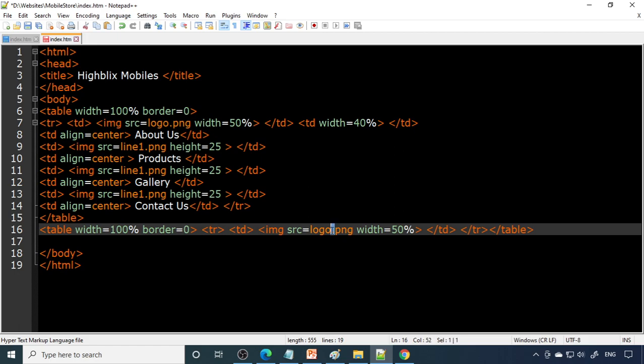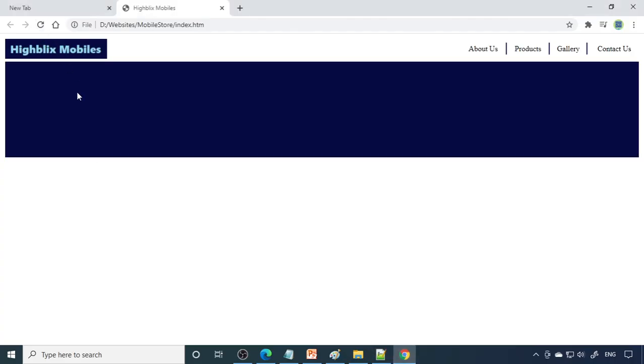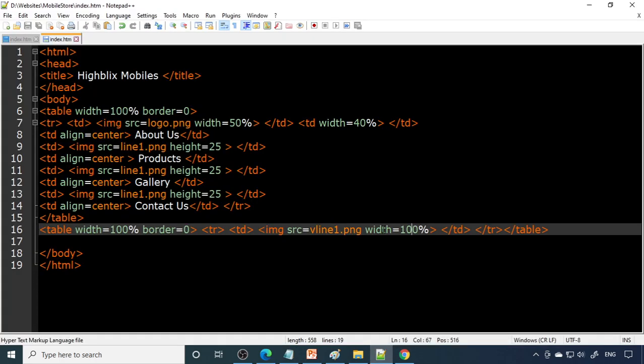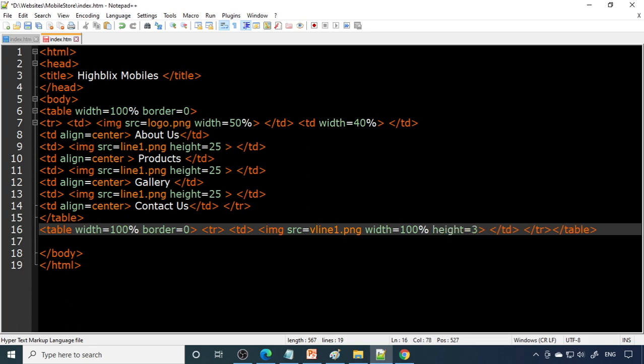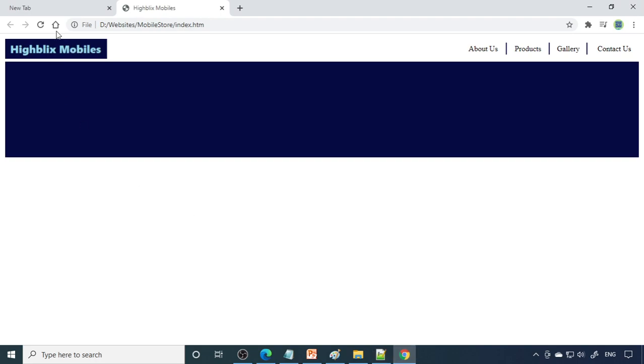So now this is vline1.png and width is 100% end to end. So we create a table and in that we have only one row here. Now we'll see what will happen. Okay, so now the height is more, so we only specify the width here. Then you can write height is equal to 3 pixels. So now we have a line over there.